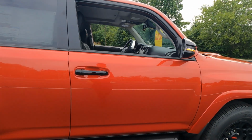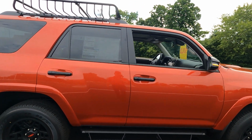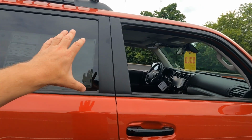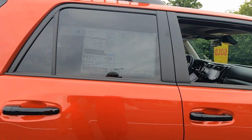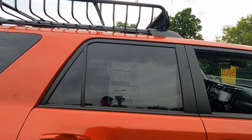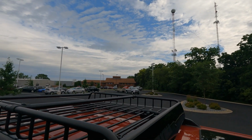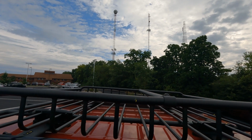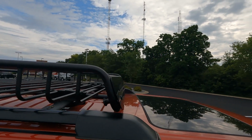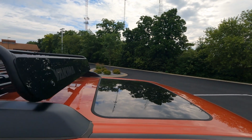We've got the gloss black door handles, part of the Venture Edition package, and then a matte black finish all the way around the windows, with of course privacy glass on the windows. Here's that Yakima Mega Warrior cargo basket, and that can be removed and taken off if you don't need it. And then of course the factory moonroof on this one, that's an extra charge of